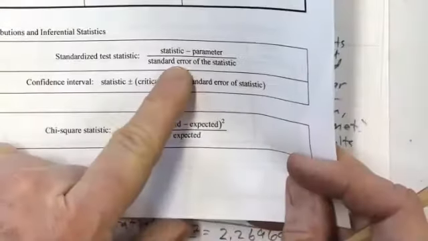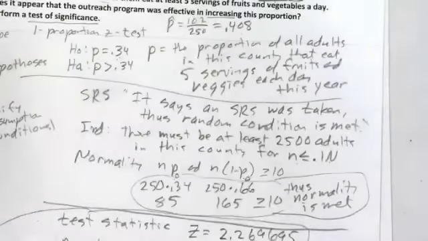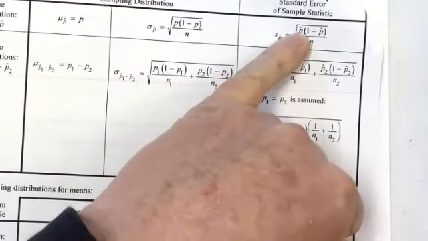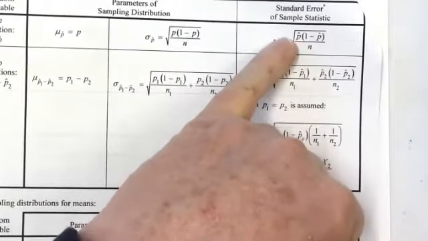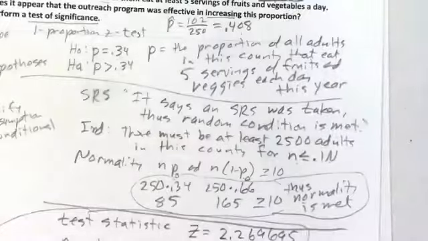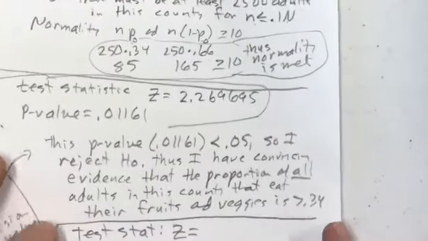And then standard error of the statistic. Well, where are we going to find that formula? I think you know. On page 2, we've been doing this past couple of chapters, and so the standard error is that, and we use P naught, not P hat, okay? So we'll use P naught there, the square root of P times 1 minus P over N. So that formula would thus become,